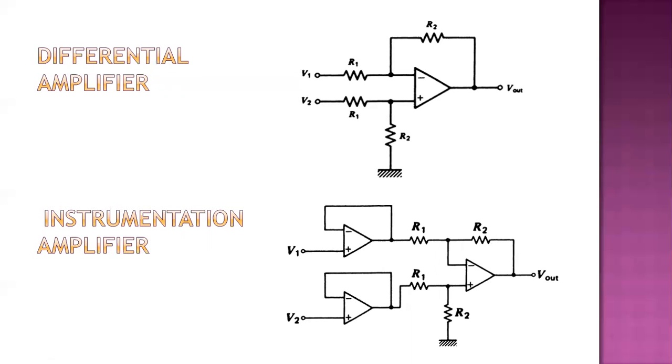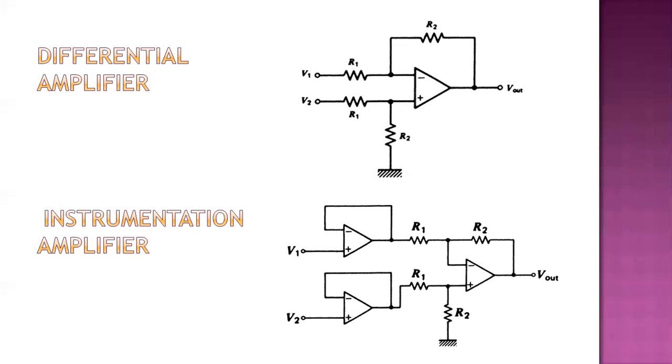Now the next one, that is the differential amplifier. There are a number of op-amp circuits for differential amplifiers. The most common circuit for this amplifier is shown here, and you can notice that the circuit uses two pairs of matched resistors, R1 and R2. When matching is perfect and the op-amp is ideal, the transfer function for this amplifier is V out equal to R2 divided by R1 times (V2 minus V1). If the resistors are not well matched, the CMR will be poor, so we have to keep that in mind.